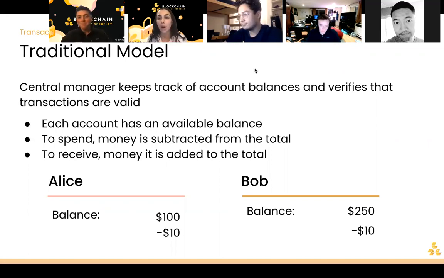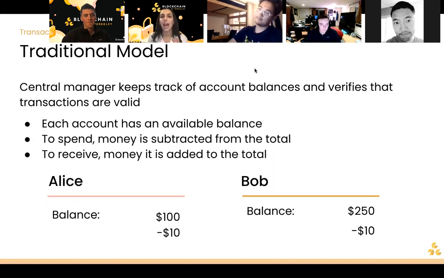And so in this model, it makes sense. Well, you don't need to make sure that those funds aren't being used anywhere else because it's just being subtracted from the balance. And so once it's subtracted, it's gone. But Bitcoin does something a little differently where they actually track each unit of Bitcoin. Whereas here we're looking at balance sheets kind of, Bitcoin looks at the individual units. So instead of me sending $50 to Nate, it would be more like I used these $5 1 bills.